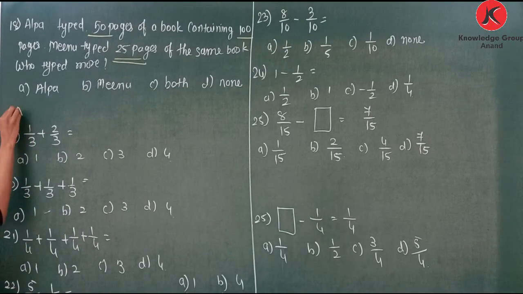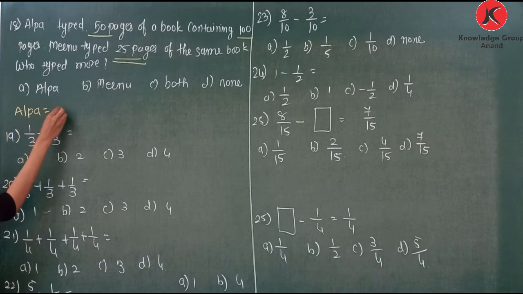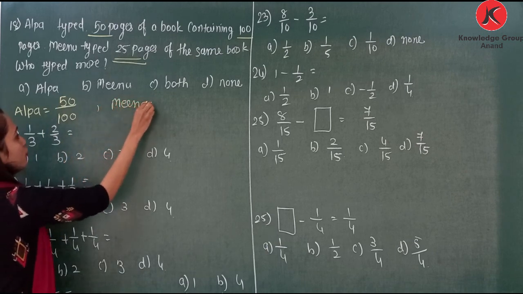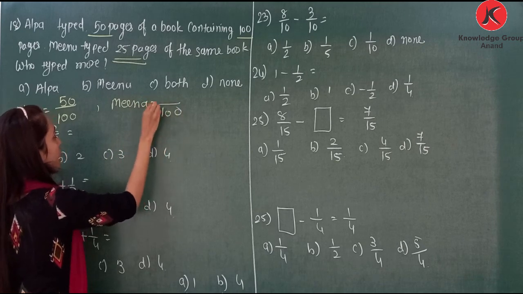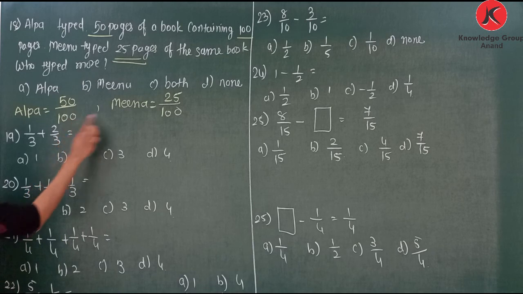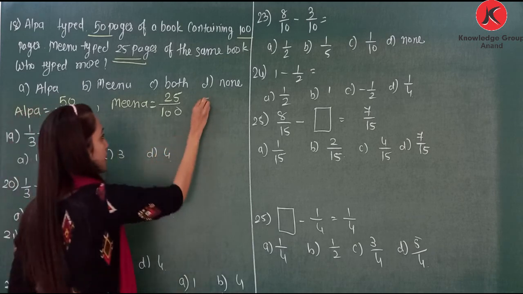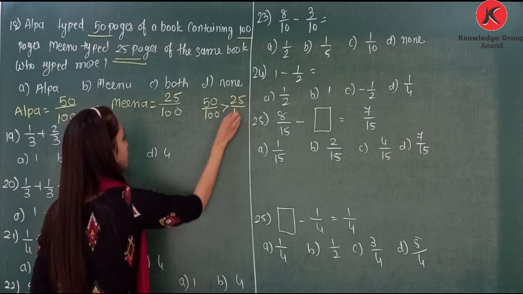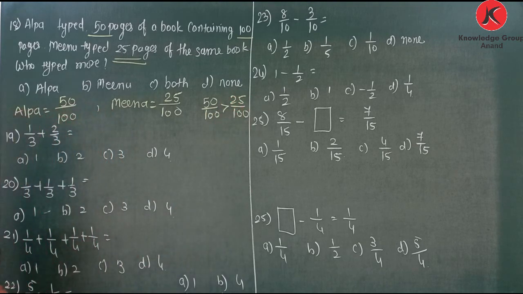For Alpha, the fraction is 50 out of 100 pages, and for Minu, 25 out of 100 pages. So which fraction is more? The denominator is the same, so here we can write 50 by 100 is greater than 25 by 100. So that's why Alpha typed more. So the answer is option